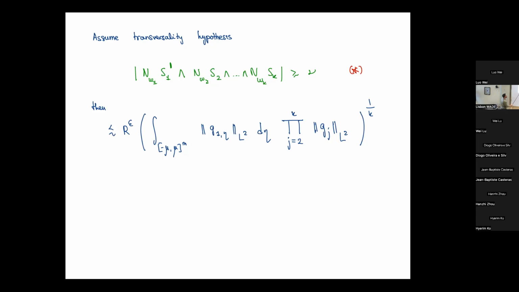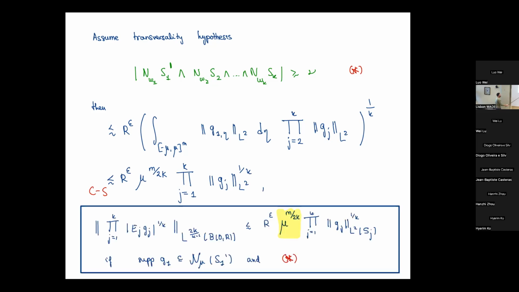Now I still need to put this function together with the extra variables that I haven't used, no? So in order to put it in L2, I need to do a Cauchy-Schwarz. And when I do a Cauchy-Schwarz, I pick up the size of the support. Okay, so this size of the support is telling you that you have an extra gain compared with the usual Bennett-Carbery-Tao if you have this localization. Okay,